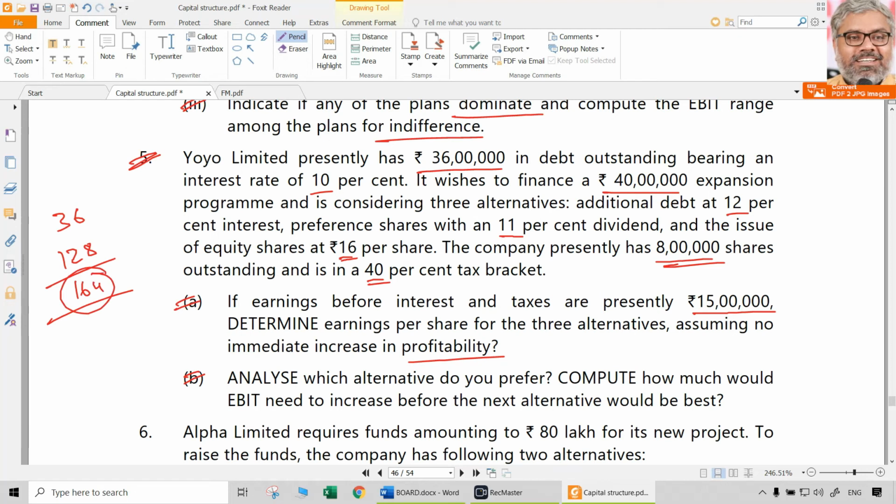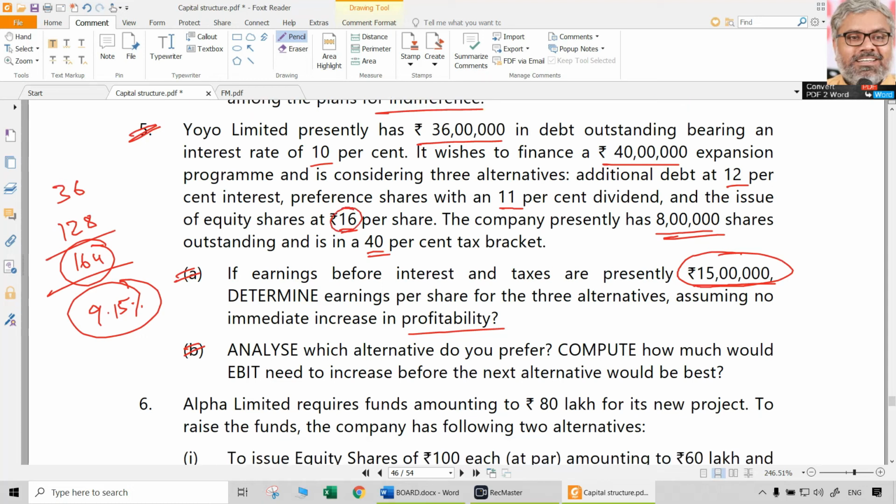On this, how much EBIT is it currently getting? 15 lakhs. So 15 divided by 164 means currently it is getting around 9.15, let us say, percentage of return on its investment. Since the face value, retained earnings and other details are not there, we have taken market value, which is more appropriate. So 8 lakh shares with market value of 16 can itself be taken as the investment. On that investment, the return is 9.15%. That will continue. So all that we need to do is EPS calculation in 3 different financing options.